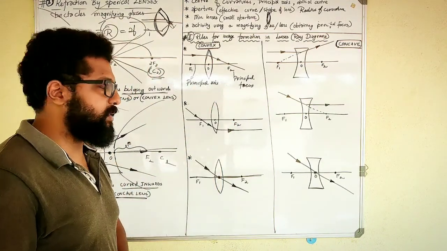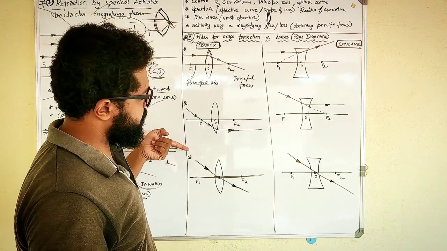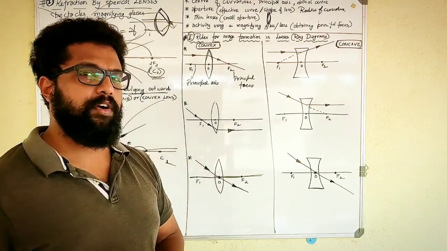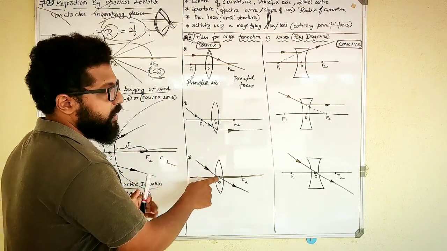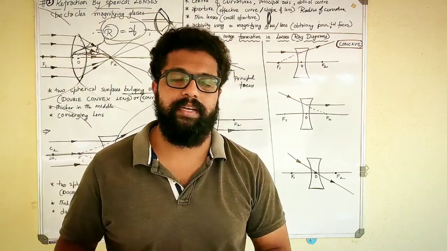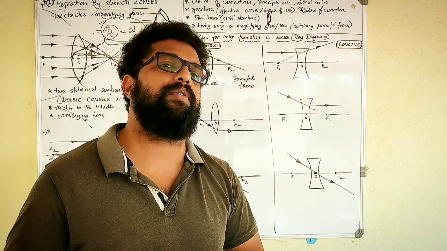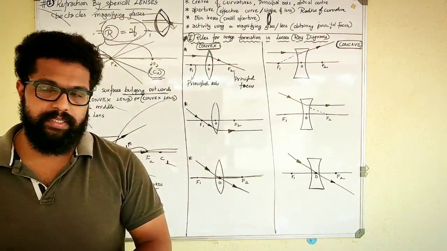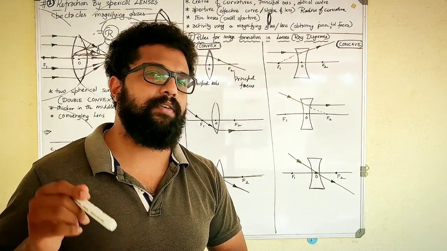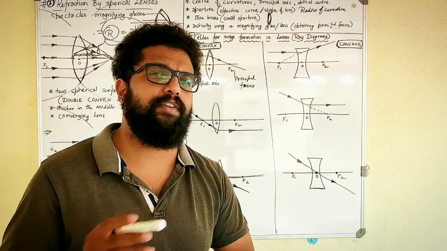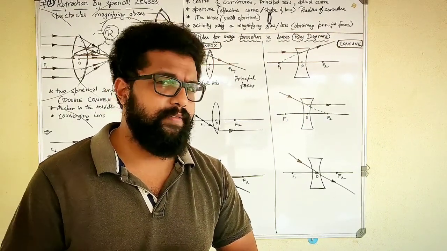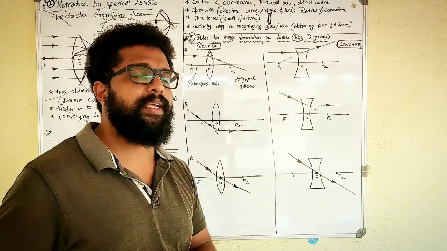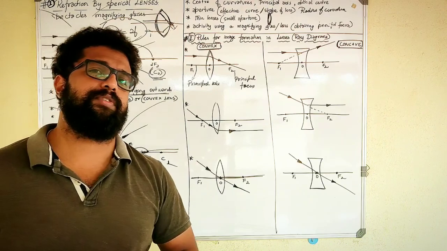Then the third one we can see over here is, if the light ray is made to pass through the optic center of a lens like this, then it will not undergo any divergence or any convergence. That means it does not undergo any bending at all, does not undergo any refraction. So if the light ray is made to pass through the optic center of a lens, it will not undergo any refraction, divergence or deviation at all. These three are the basic rules in order to understand the next important topic, image formation using lenses.